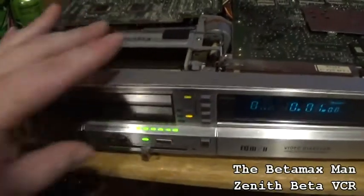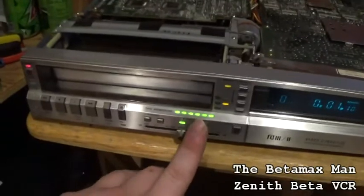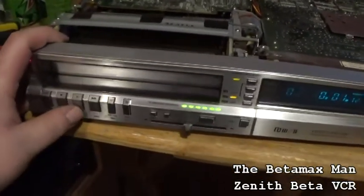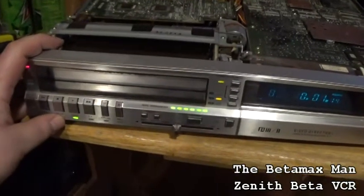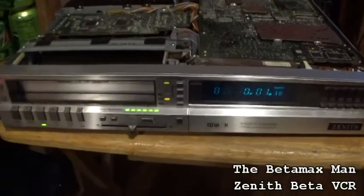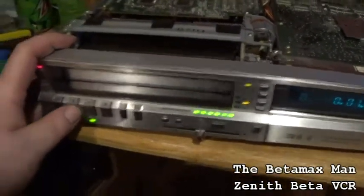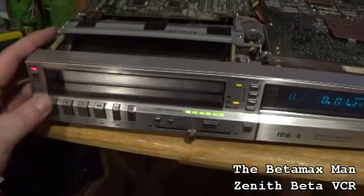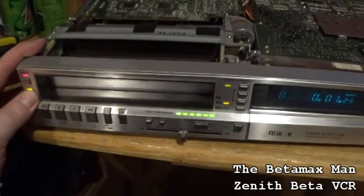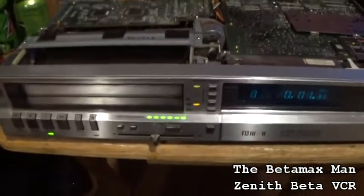So if we just hit play, we'll turn that on. See, if we turn that on, that'll allow it to do the search, the swing search, because it has what's called swing search. Okay, I don't know if you caught the